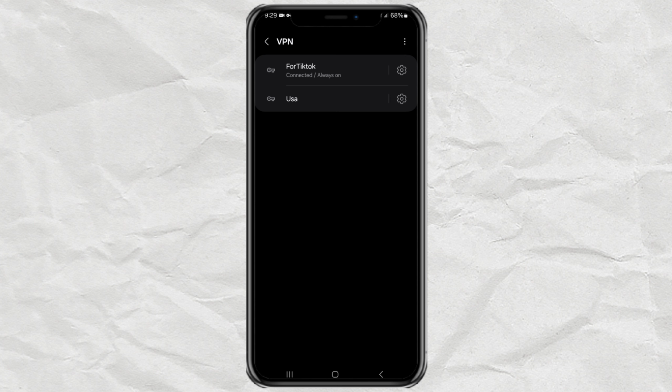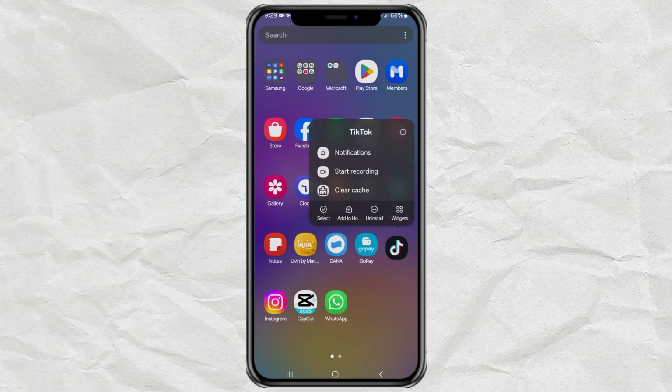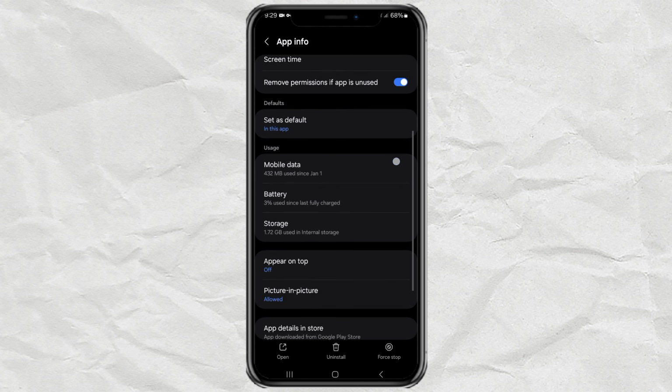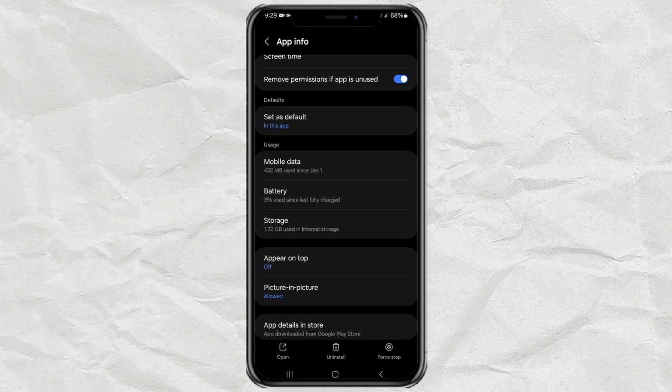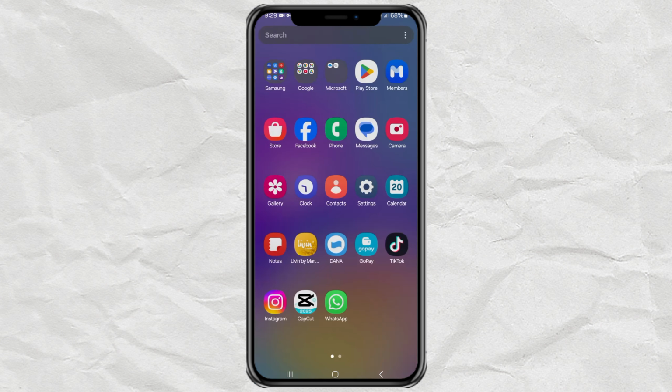At this point, you have successfully used VPN. Before you can use it, long tap your TikTok app icon, then open the app info. Tap on storage, then clear cache. Now for proof, open your TikTok app,